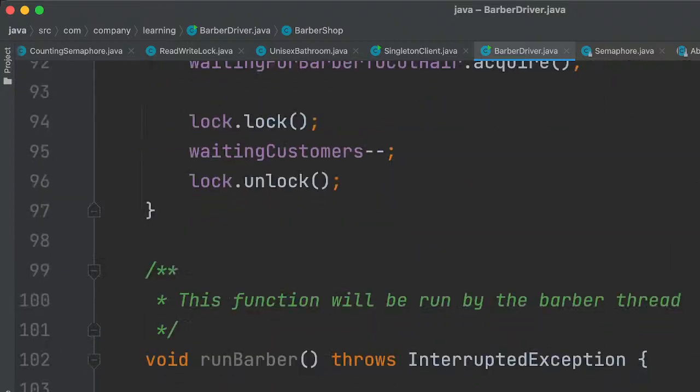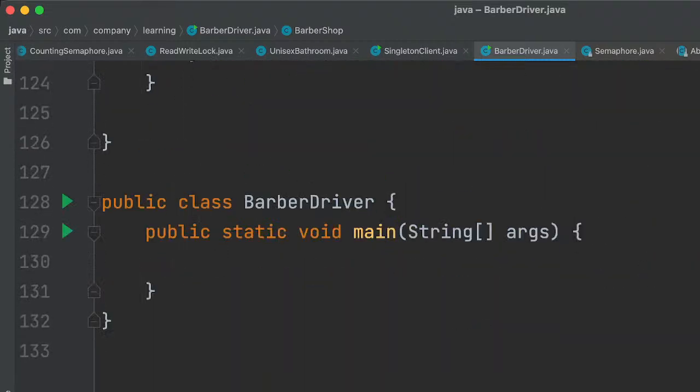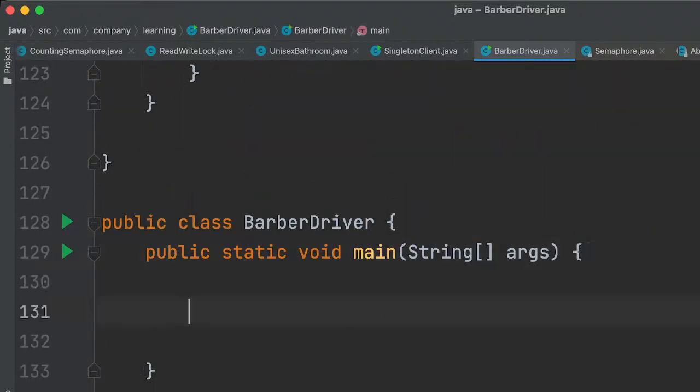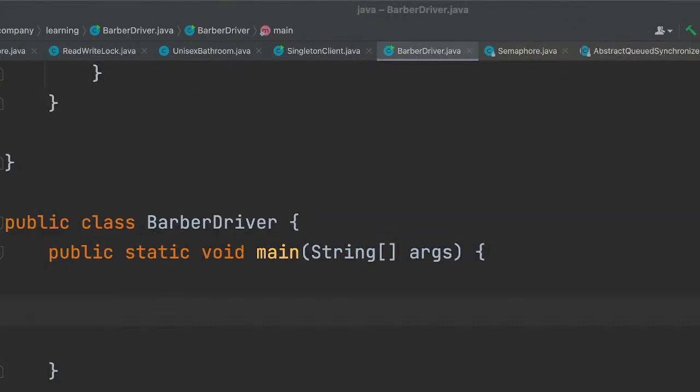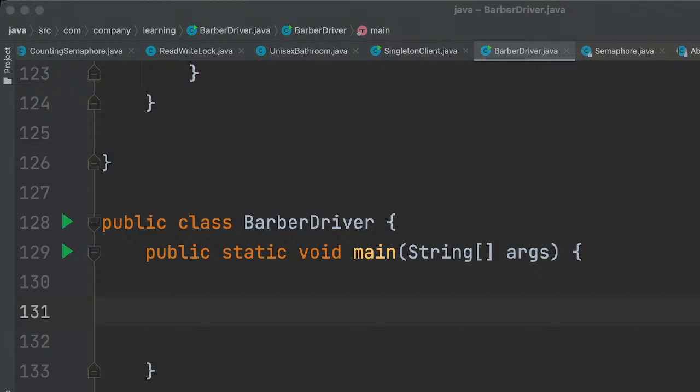Let me go to the driver code. Let's say we have a thread, Barber, new Thread, new Runnable.